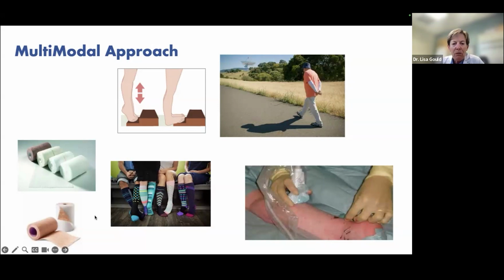Using the compression wraps, there's a wide variety of stockings that people can get online now. They're colorful, they're fun, they're pretty much easier to put on than some of the others. I get mine even just from a sporting goods store. You can get even up to 30 to 40 millimeters of mercury if you want to go that high.